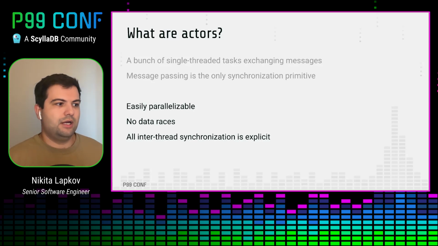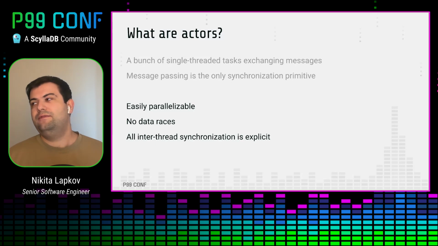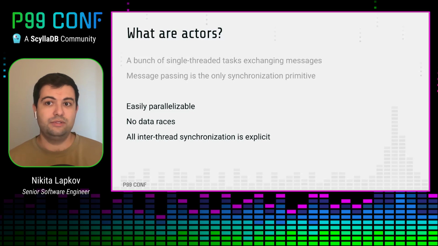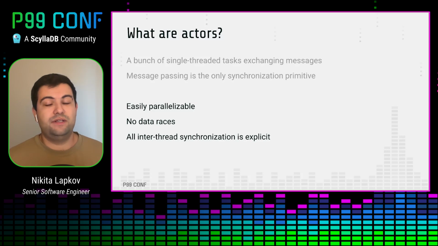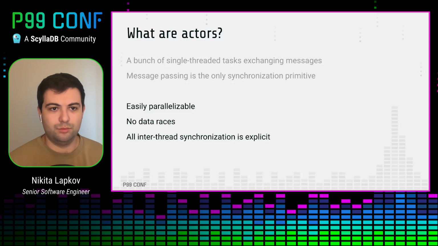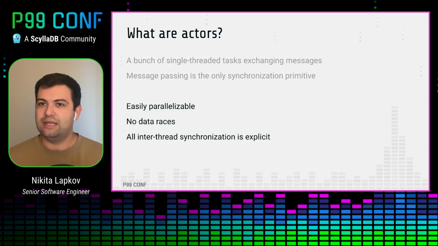Because there is no data sharing between threads, and because all tasks are single-threaded, you can easily spawn hundreds of them. If in your app you have a single task of some kind, and it isn't able to cope with the load, you can just spawn 100 more of them and use data parallelization to split work evenly between each of the tasks. Despite being easily parallelizable, there are no data races because there is no data sharing. Of course, with some finesse and talent, you can still introduce data races even when using message passing, but it's another class of problem, and it's significantly harder to do so than in a system with locks and